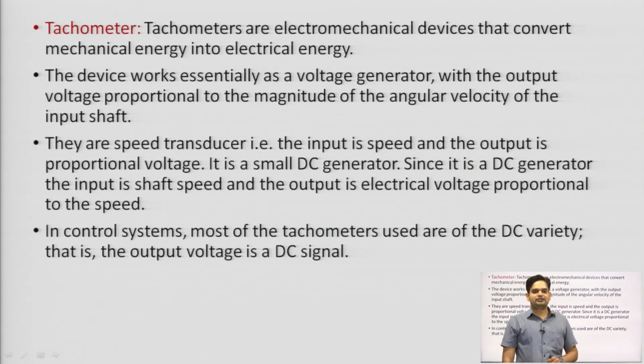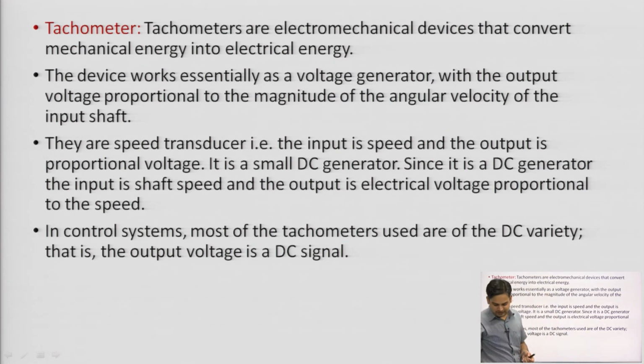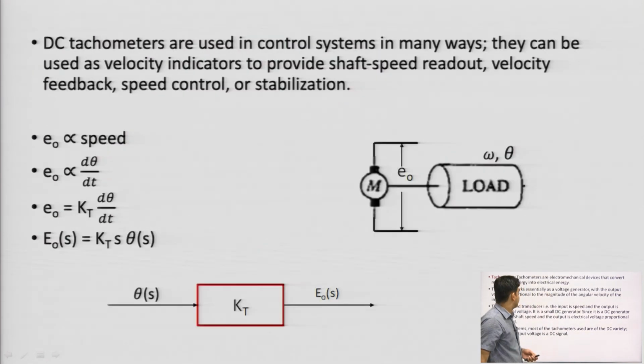Okay. Next is the tachometer element, this is again a part of the sensors. Its main function is to measure the speed of the motor, and whenever the motor is moving, you have to insert this tachometer in the motor and then it will give you the reading of speed as output. Okay. So, there is a digital display on the tachometer which will tell you the speed at which the motor is moving. Basically, it will give you a DC signal at the output.